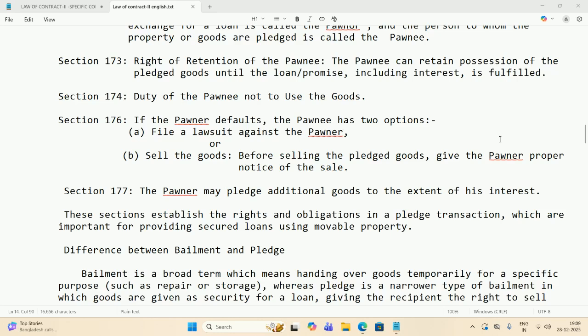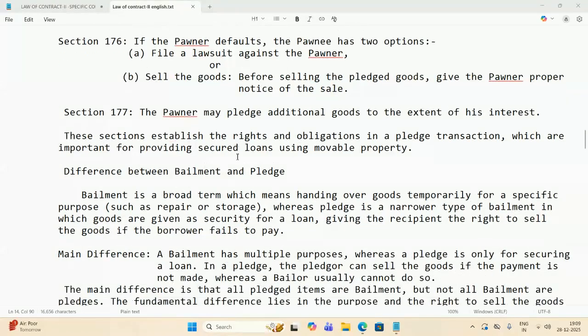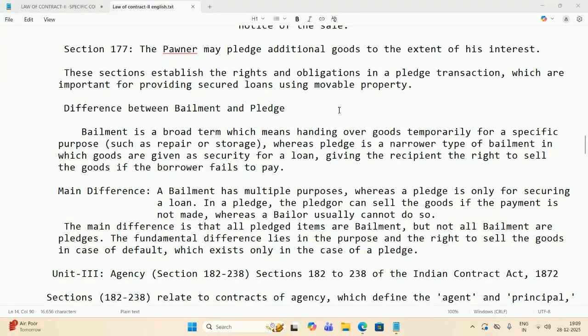Number A, file a lawsuit against the pawner, and second, he can sell the goods. But before selling the pledged goods, give the pawner proper notice of the sale. He has to inform the pawner. Section 177. The pawner may place additional goods to the extent of his interest. These sections establish the rights and obligations in the pledge transaction, which are important for providing secured loans using movable